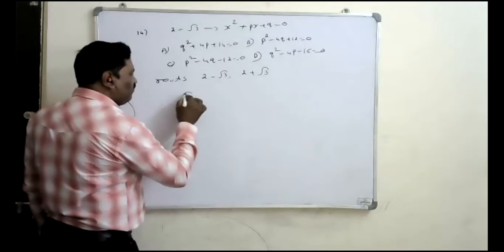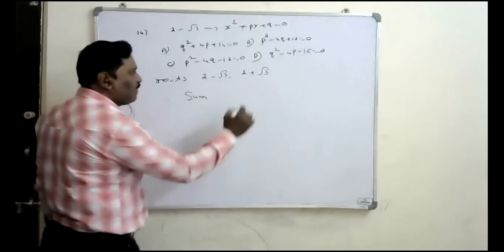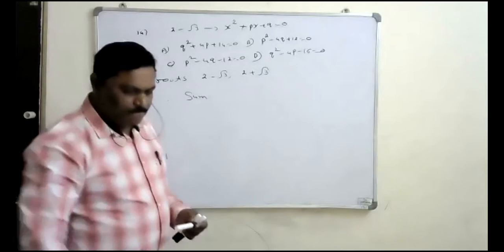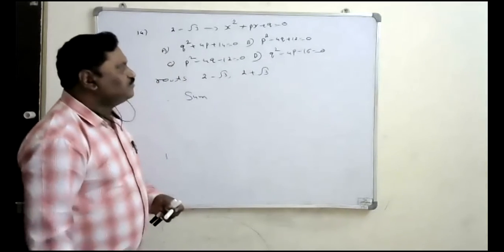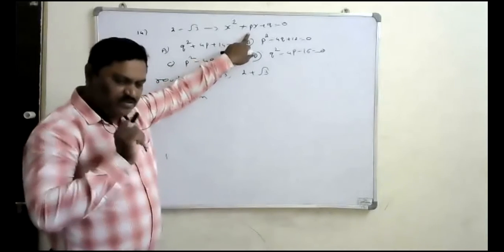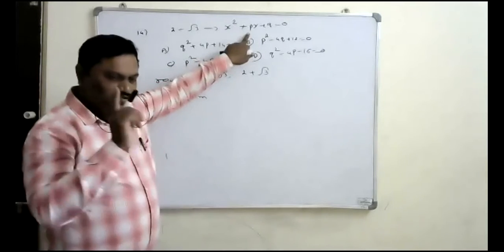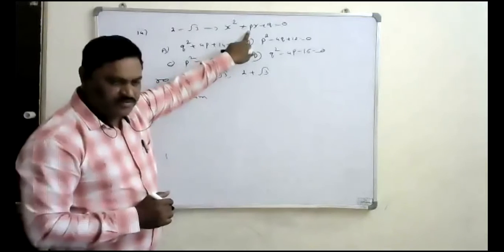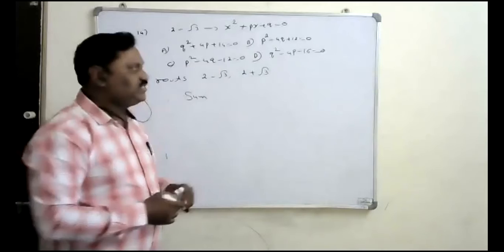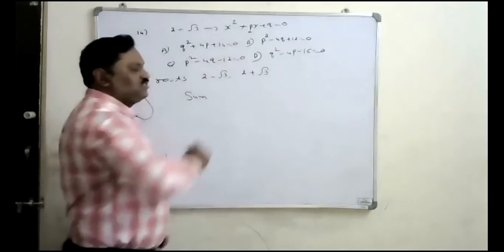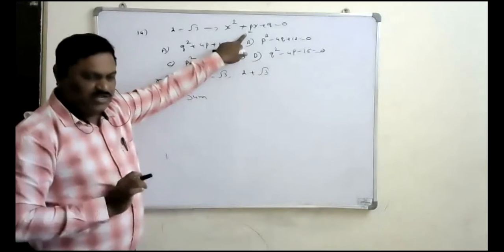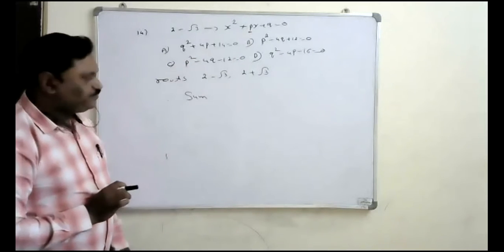So therefore we will find the sum of the roots. Is that valid only for rational numbers? That is valid only for rational numbers, not real numbers. Even though p is irrational, p square is the rational number only, because b square minus 4ac depends only upon the x coefficient. The constant might be anything. So p square is rational, and that's why that is valid for this also.